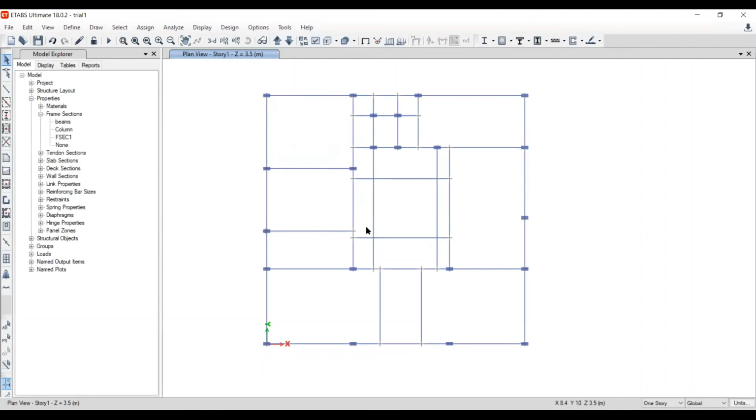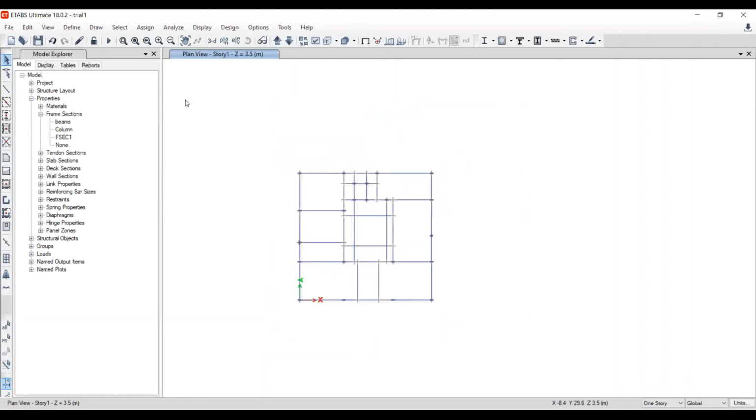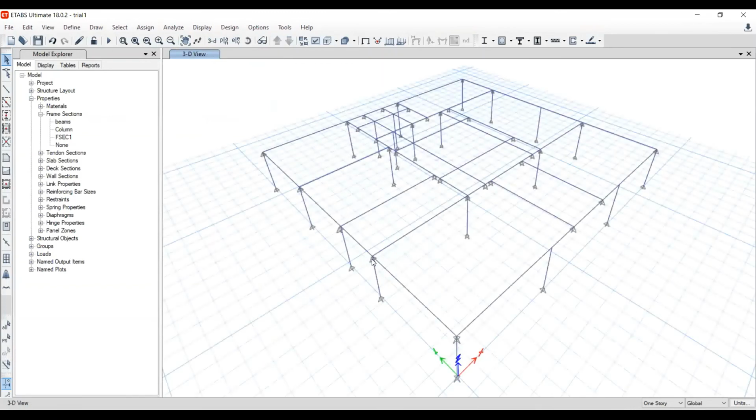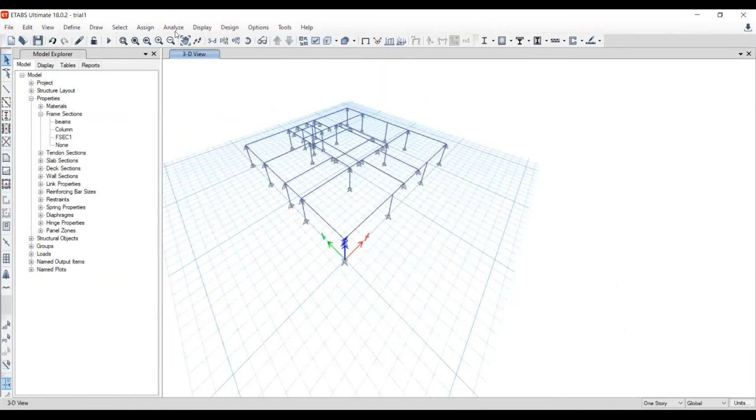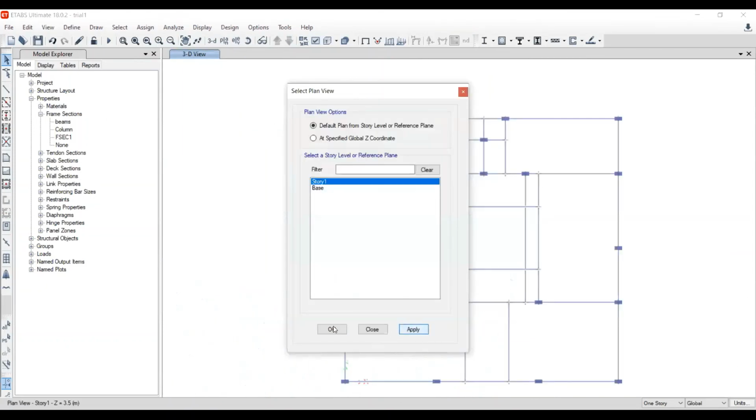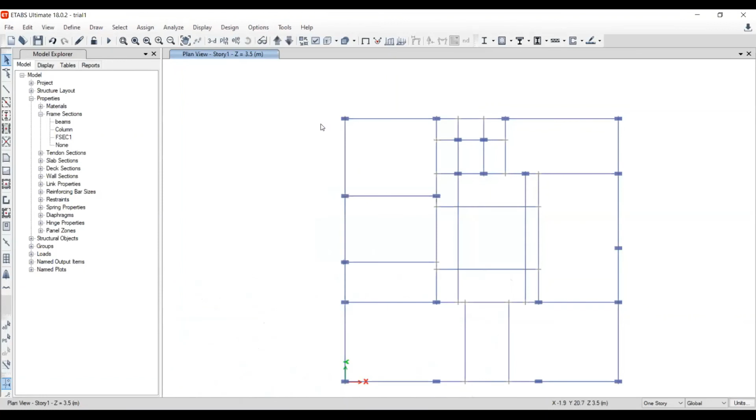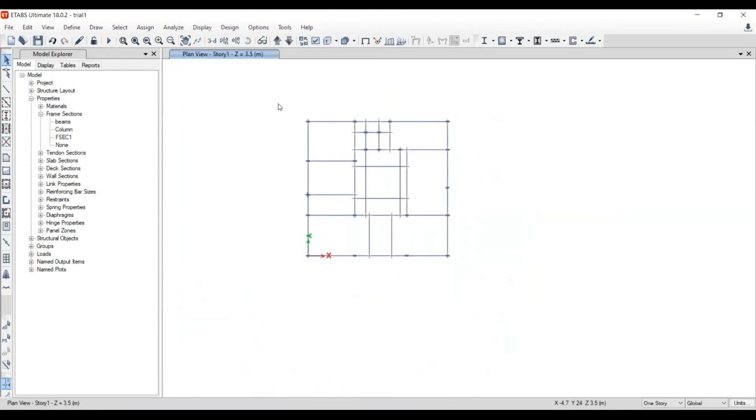Then after creating like this, you can replicate the same file. Go to the 3D view, but before that you have to delete these joints. So for the joints, what I'm going to do is close the plan view, and select all these joints over here.